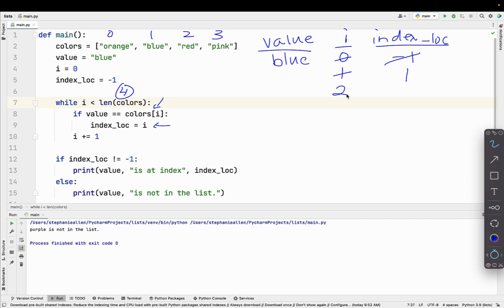And then go back up. Is 2 less than 4? Yes. Is the value, which is blue, equal to color sub 2? So is that equal to red? No. So don't do anything, but increment I. Go back up, and then is blue equal to color sub I, which is pink, right? So I is 3, so what's in element position 3? Pink. So is blue equal to pink? No. So don't do anything, but increment I, and then go back up,